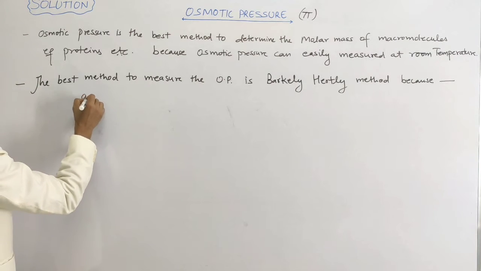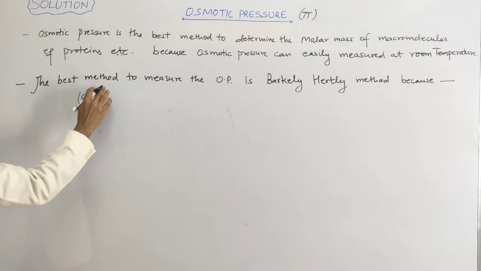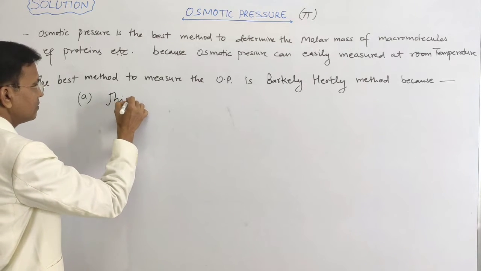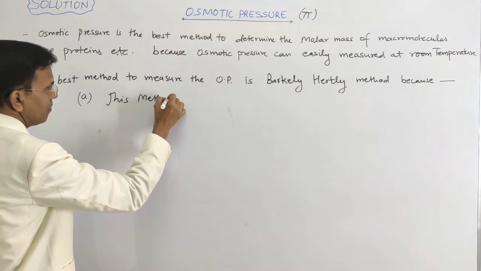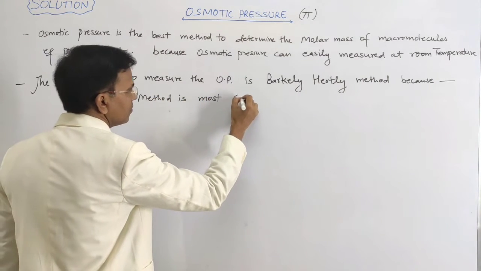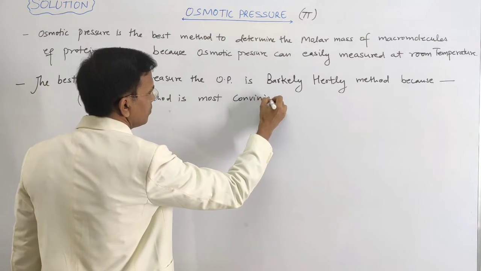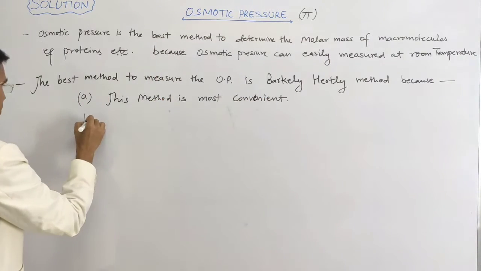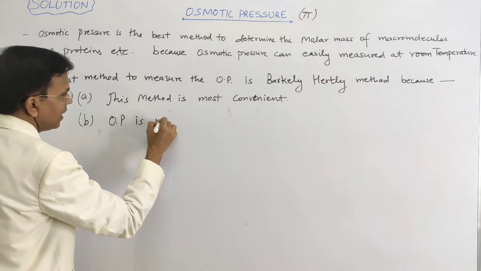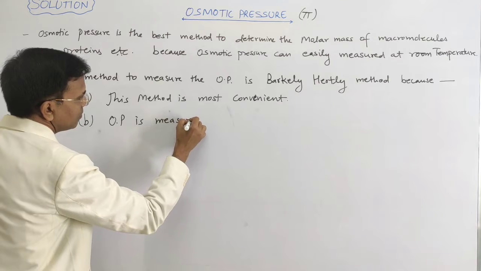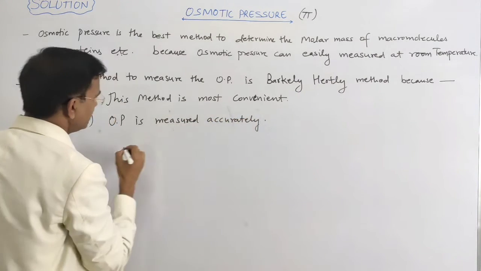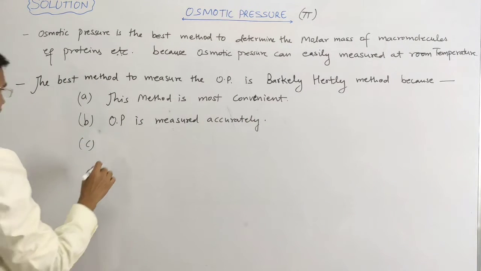So the A, because this method is more convenient, right? So this method is most convenient. Now the next is B. In this, osmotic pressure is measured accurately. Right? And C is, in this